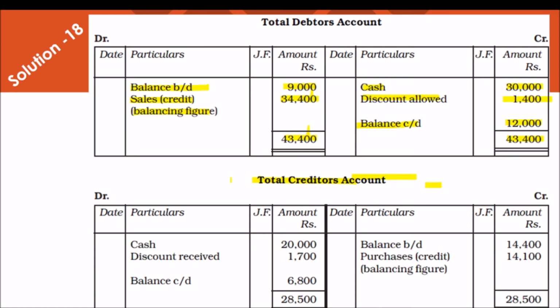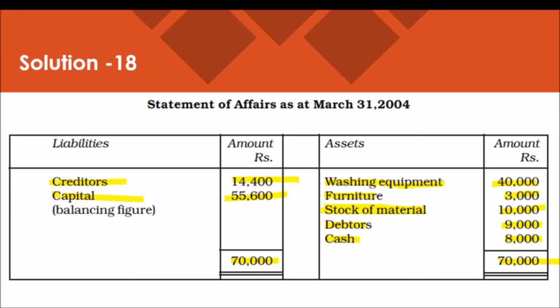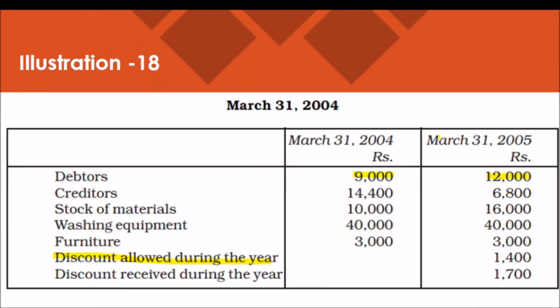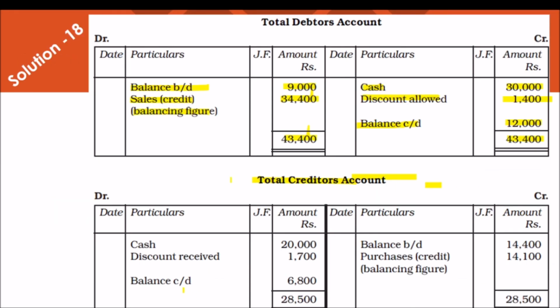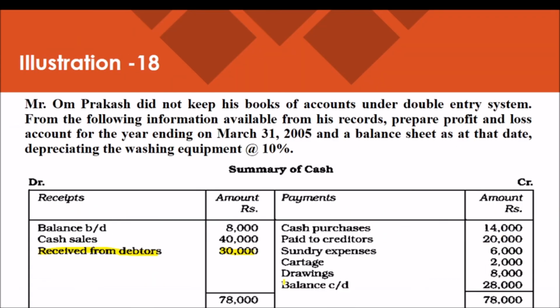Remember that from the additional information, we are taking the opening value of creditors, 14,400, and 6,800 is the closing value. Balance brought down, here it is balance brought down 14,400, closing balance it is 6,800. After that we are recording the amount from the summary of cash,